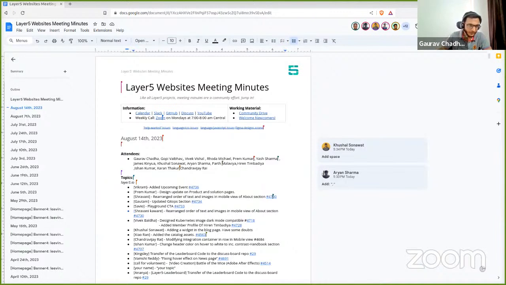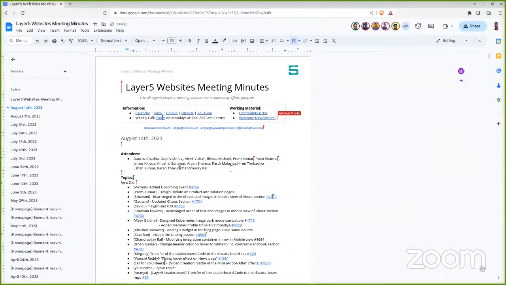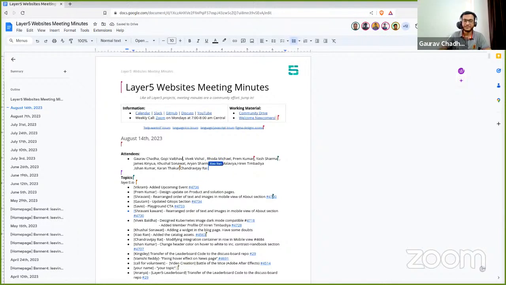So next up, I think it's Parth. Hi, Parth. Is this your first time, or have you been here? Yeah, it's my first time. And also, Layer5 is the first organization I'm contributing to as well. Oh, that's great then. Perfect. Welcome to the community. Hope you will enjoy the meeting and will find an issue to work on.